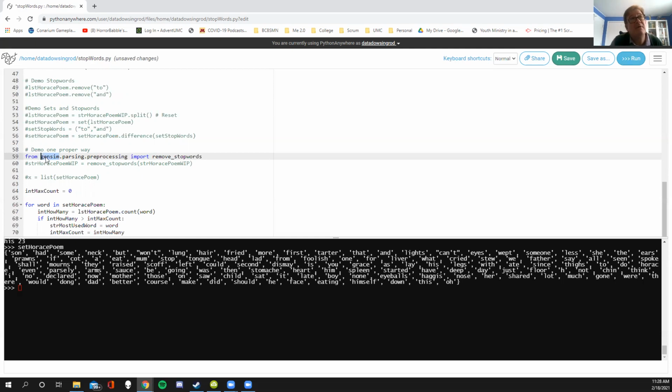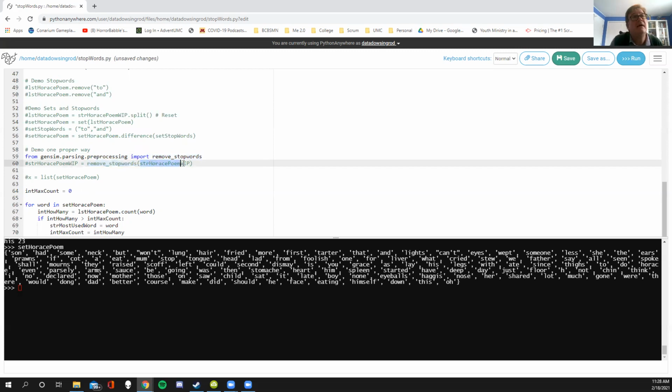Gensim is a bunch of programs that really intelligent people made. And in there, there's parsing, and inside of parsing, there's something called preprocessing. And in there's a program called remove_stopwords. And to use it, all I got to do is use that function, remove_stopwords,